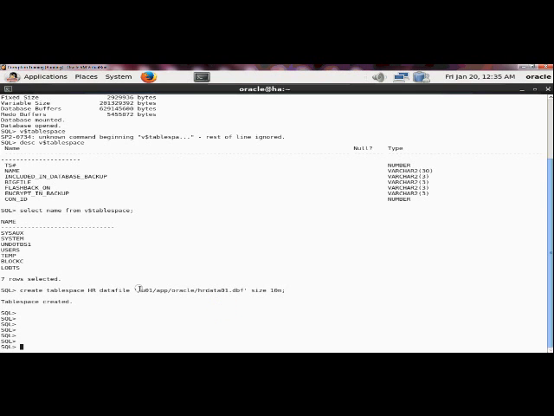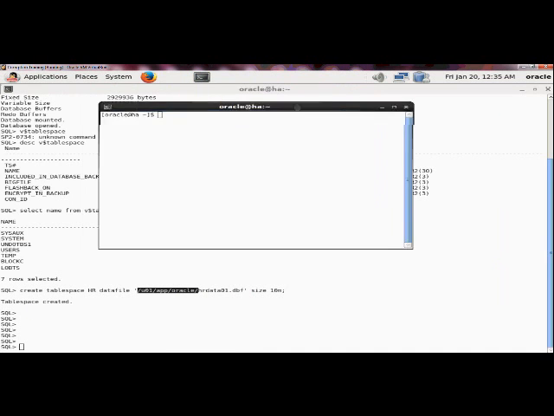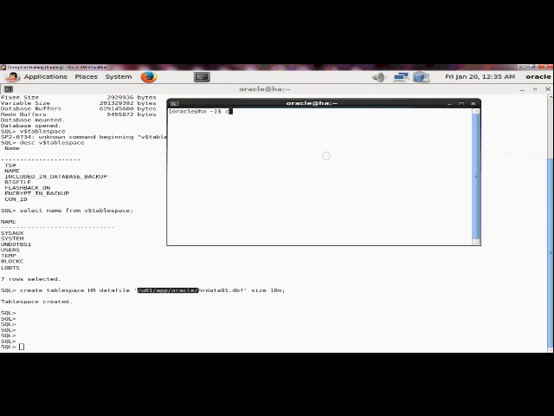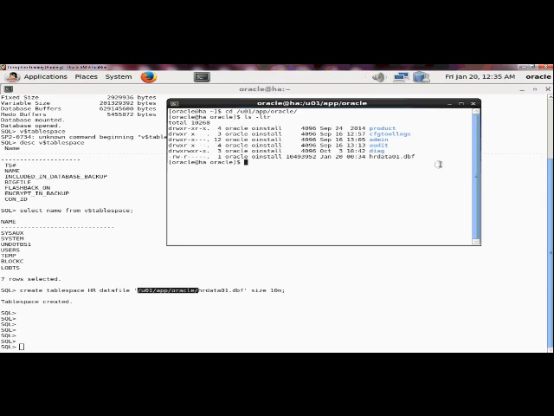So let's go to this location and see whether it has created any file here or not. Copy, open another terminal and go to cd this path, ls -ltr. So you can see you have one physical datafile here, hr_data01.dbf.